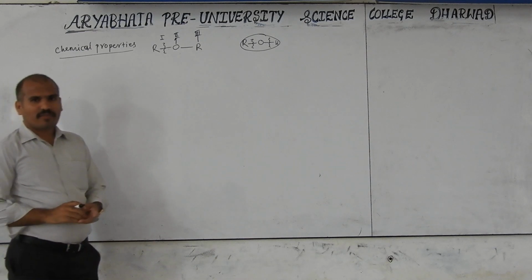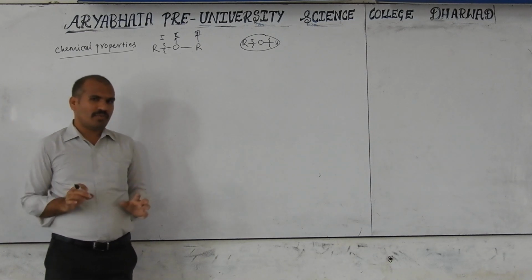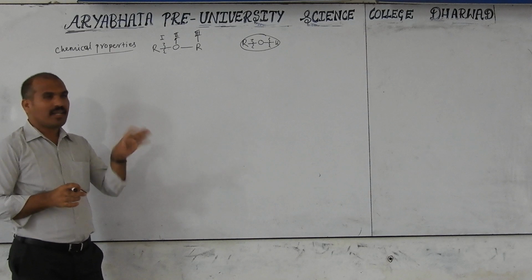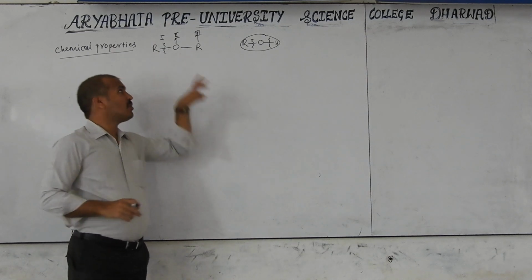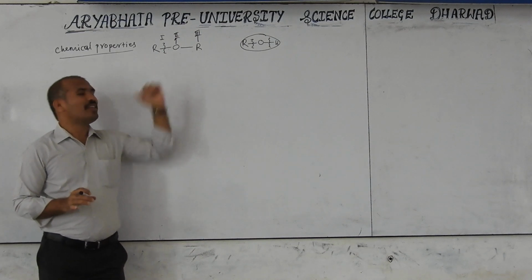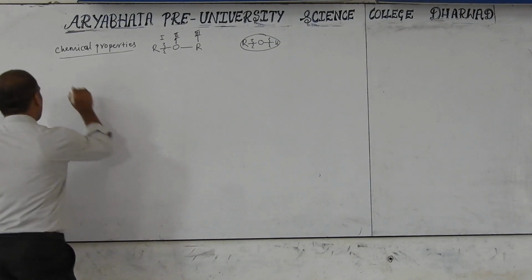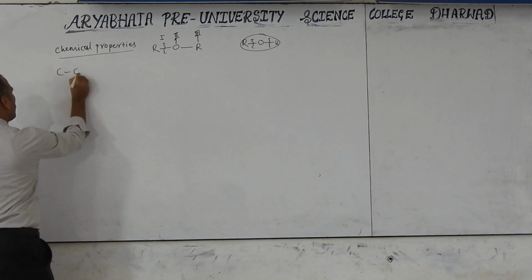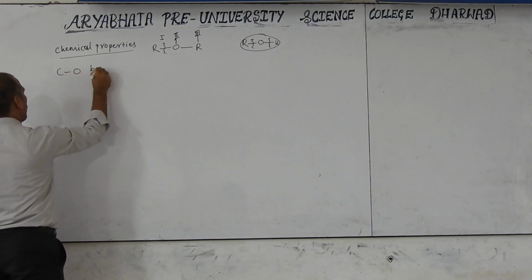So totally how many types of reactions are there? Three, and some others may also be there. Total four types of other reactions and these three. But in our textbook only the first one is discussed. That's why we will discuss the first one. If time is there, we will discuss the remaining. Okay, so the first one is CO bond cleavage.